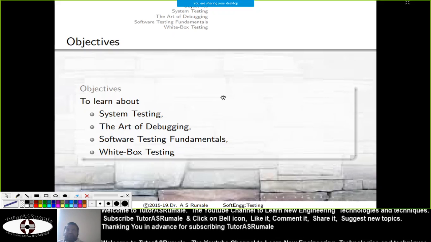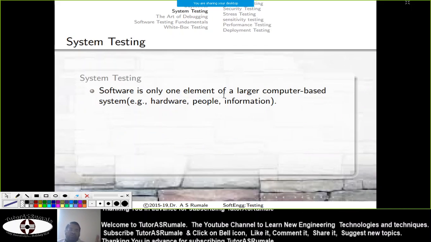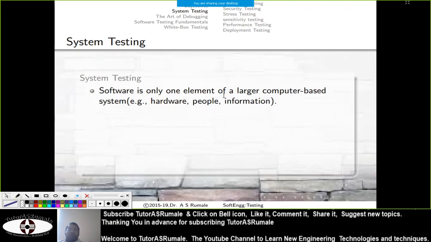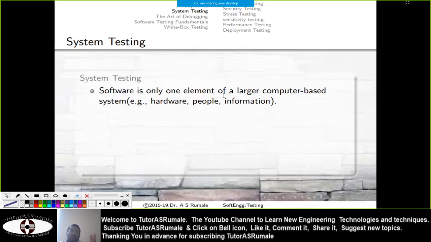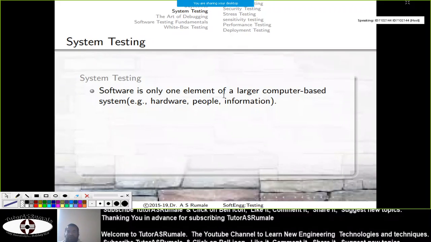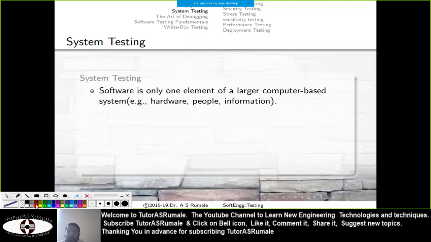So be patient. The content seems to be very theoretical at first, but if you go through the actual usage of this, or applying this knowledge whilst testing your system, you will find it is very difficult, and it is a completely practical subject to carry out.